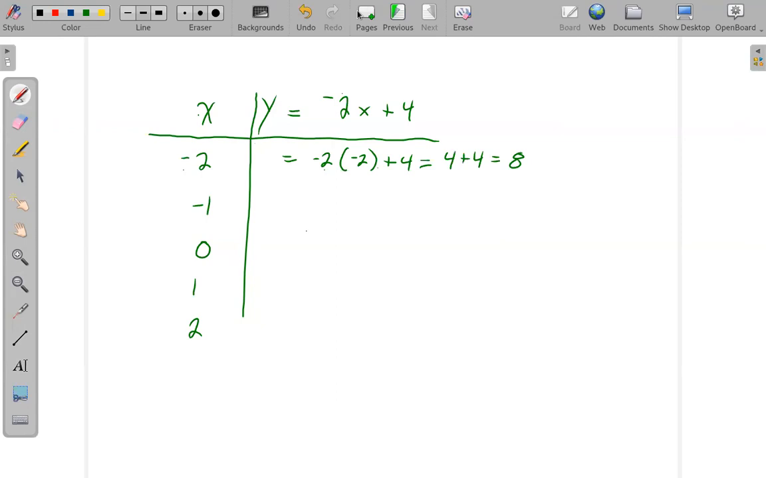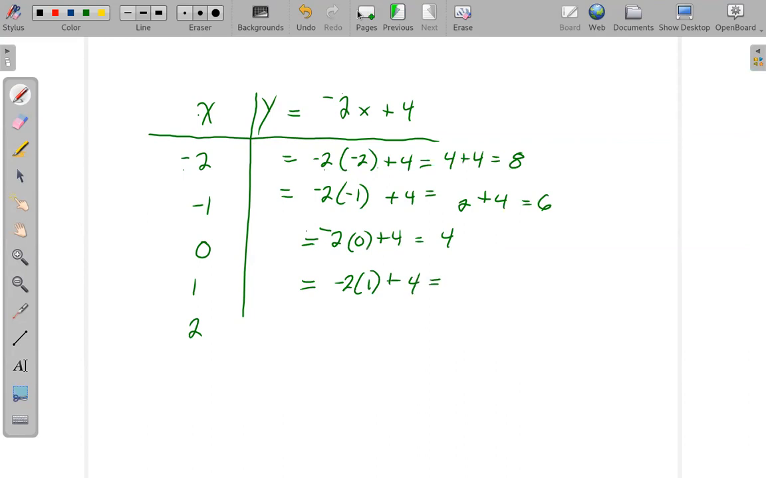So you can do it on the calculator or you can do it by hand. So we're going to have a negative 2 times negative 1 this time, plus 4. So negative times a negative is a positive. So that's 2 plus 4, 6. If we plug in 0, we'll have negative 2 times 0 plus 4, which is 0 plus 4, or just 4. Negative 2 times positive 1. Don't really need the parentheses anymore, but it's okay. That would be negative 2 plus 4, which is positive 2, and